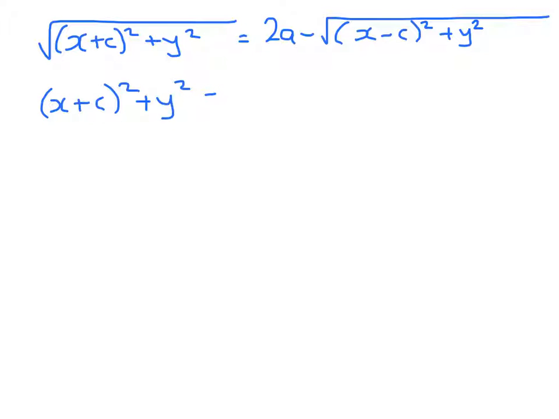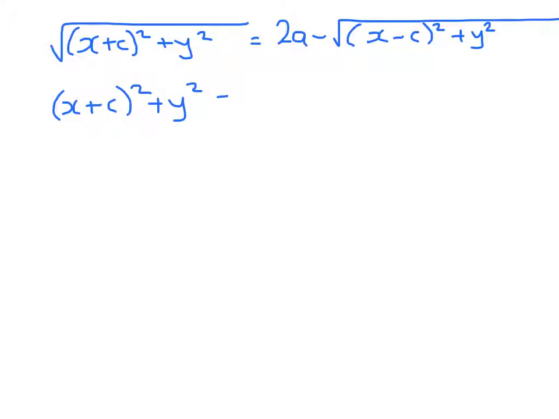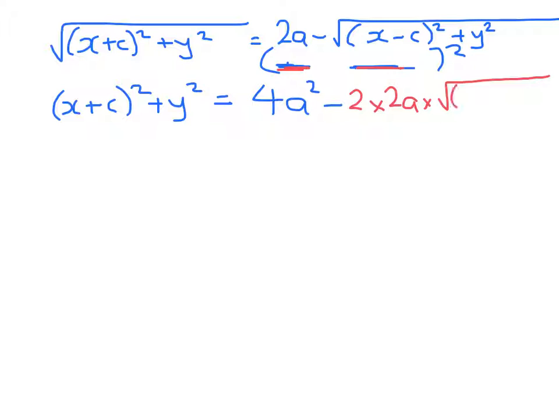Okay, and on this side, well, I have to think about what happens when I square this. So this is expanding a square. So this term here squared gives me 4a squared minus, right, so 2 times this one, right, so minus 2 times 2a times the square root of that thing there, like that,